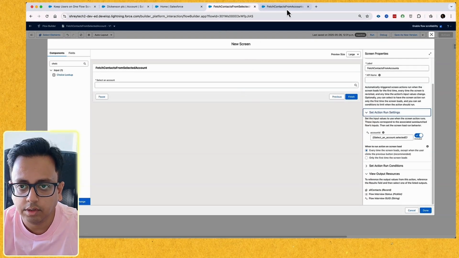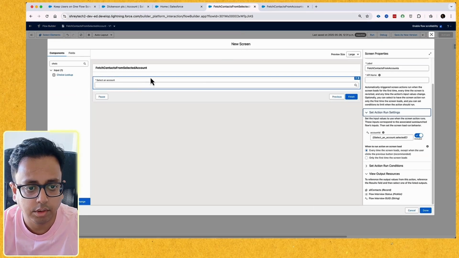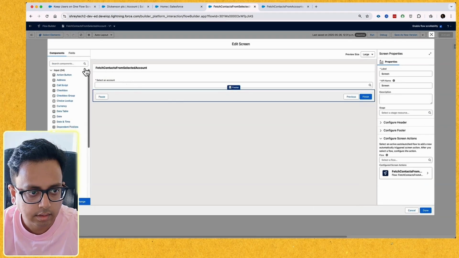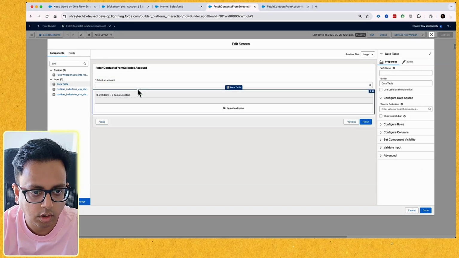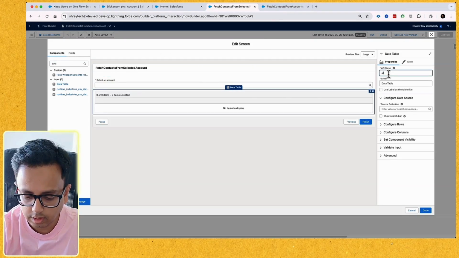Once the account ID passes from the main flow to this auto launch flow, it will execute and return all the contacts which I want to display on the main flow in a data table format. Let's bring the data table which will display all the contacts that are coming from the flow. So here, all